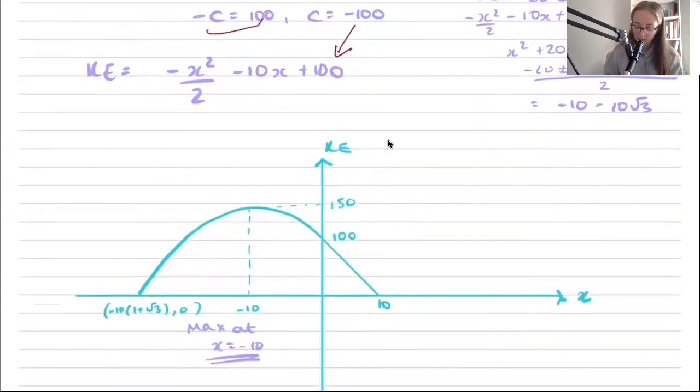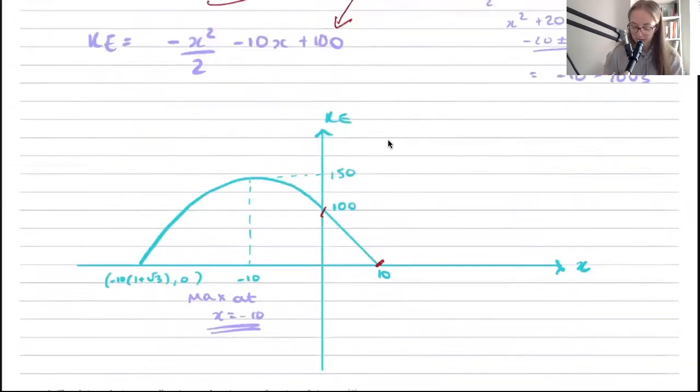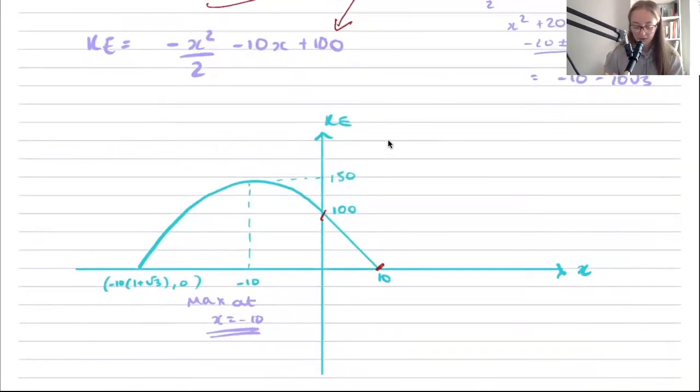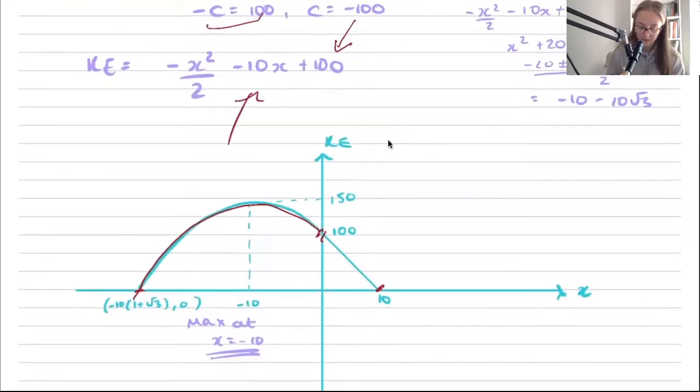And then we can plot these two graphs. So when x is more than 0, we have this straight line graph, essentially. And then when x is less than 100, we have this curve here, which is described by this. We can also work out where the maximum kinetic energy happens